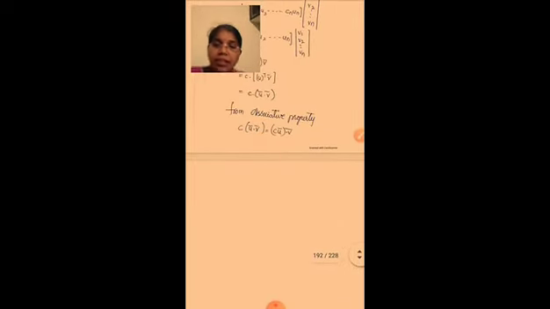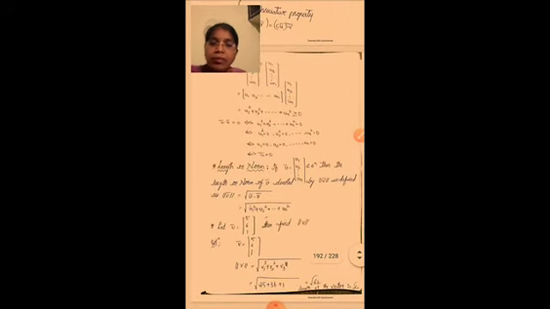So next see here, the definition of length or norm. If v bar is equal to (v1, v2, ..., vn) belongs to R to the power of n, then the length or norm of v bar, denoted by norm v bar, is defined as the square root of v bar dot v bar. So that is equal to the square root of v1 square plus v2 square plus and so on up to vn square.